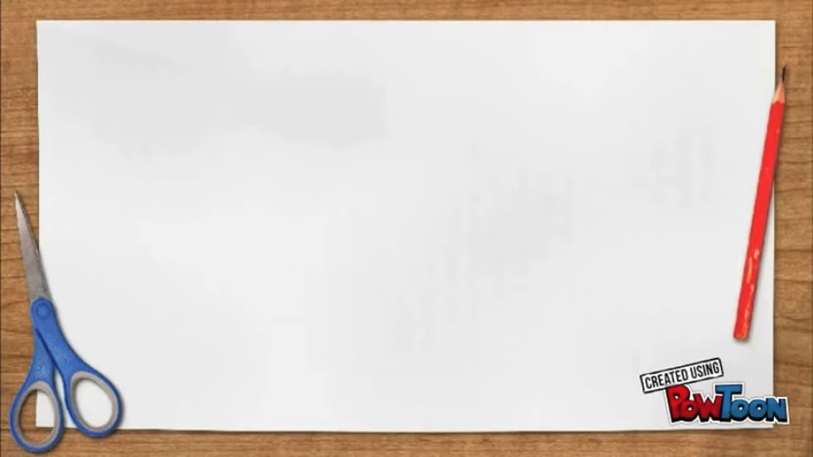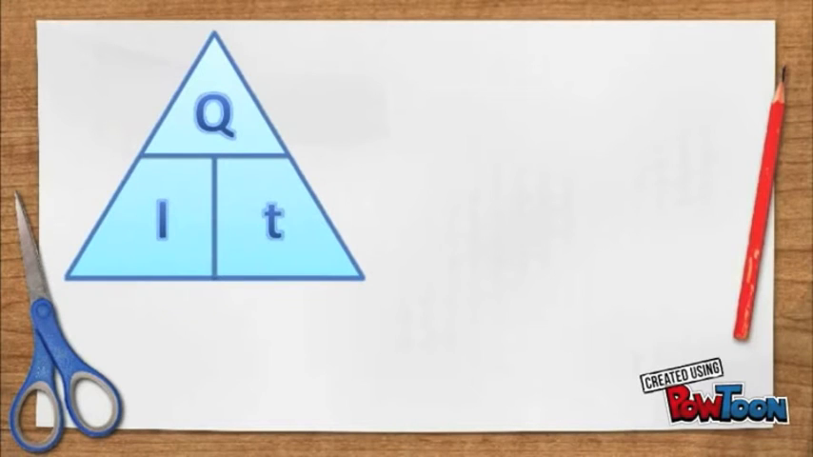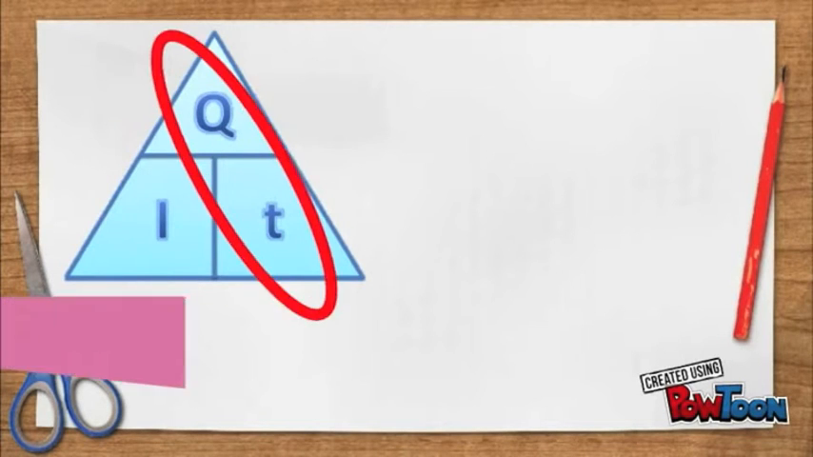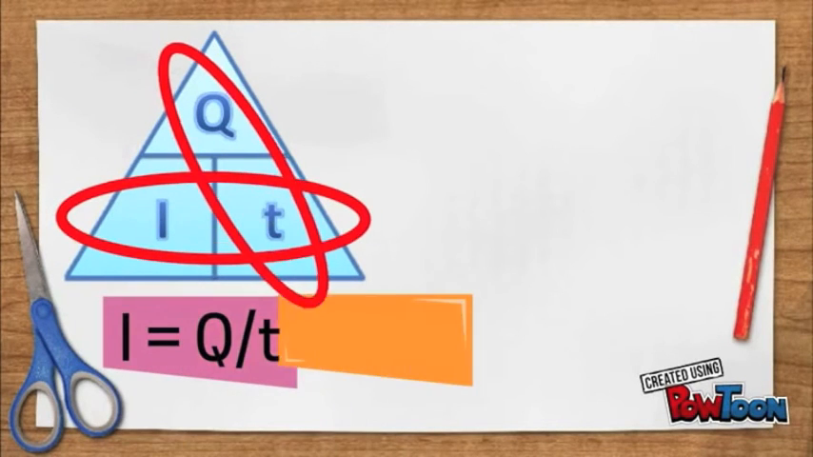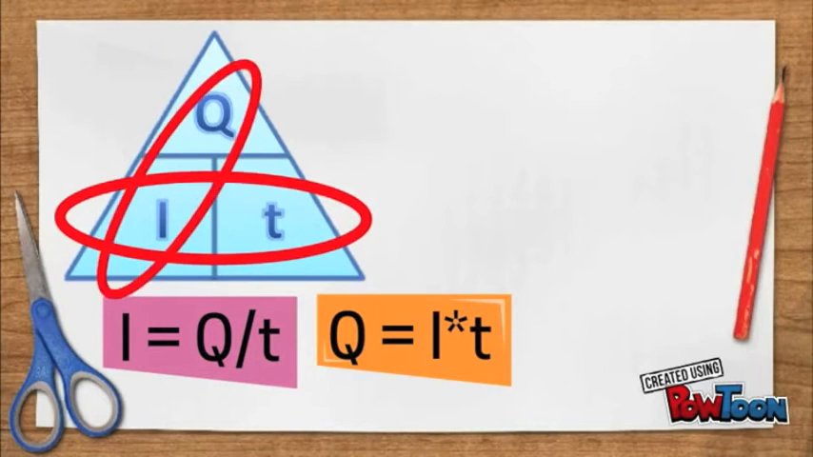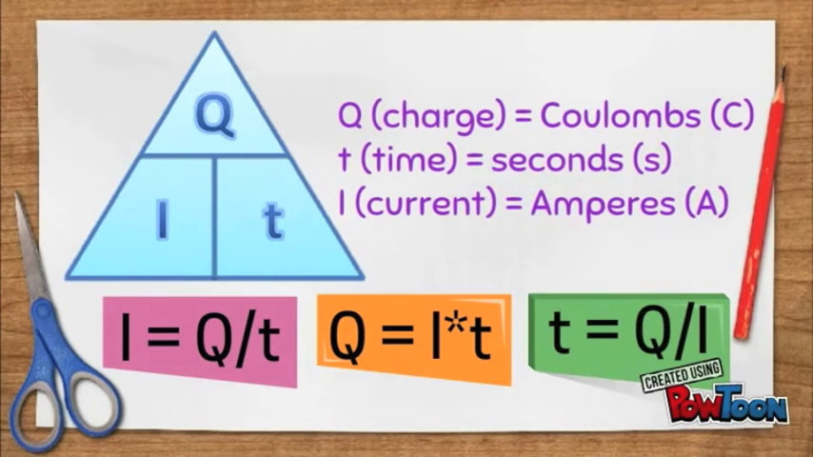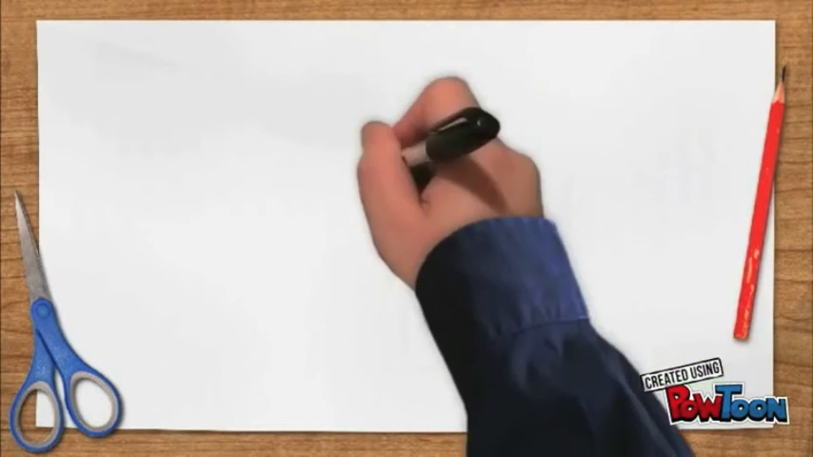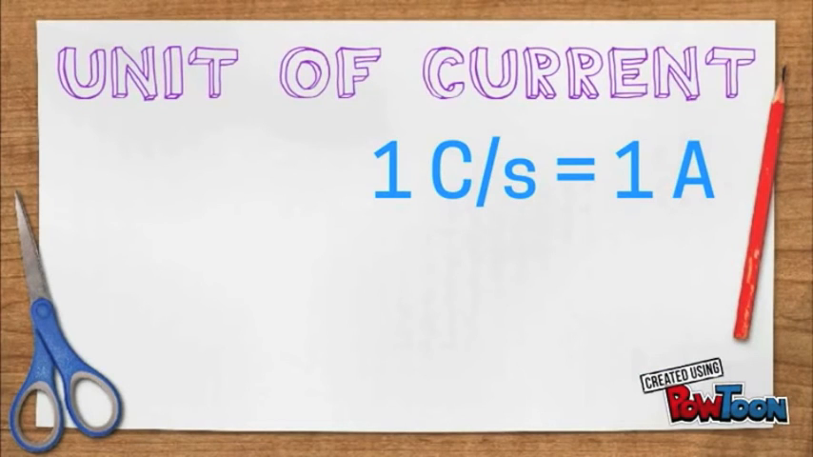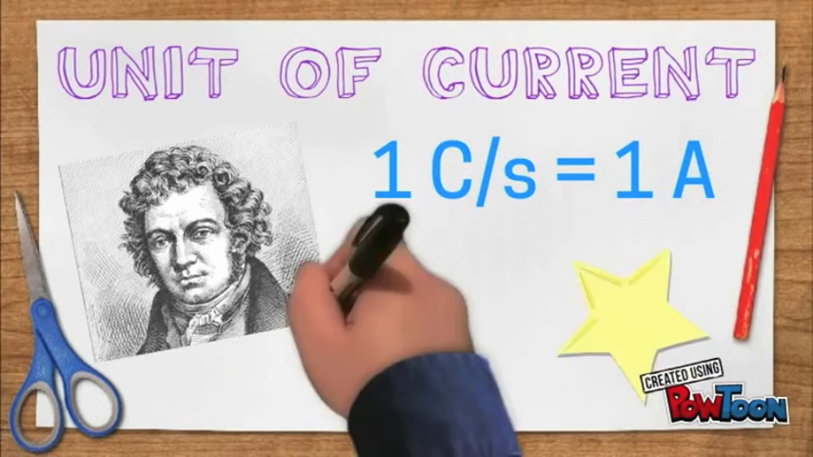From this triangular figure given below, we can derive the following formulas. I is equal to Q over T, Q is equal to I times T, and T is equal to Q over I, where Q is the charge and is measured in units of coulombs, T is the time taken whose unit is seconds, and I is the current, measured in coulomb per second or amperes, named after the French physicist